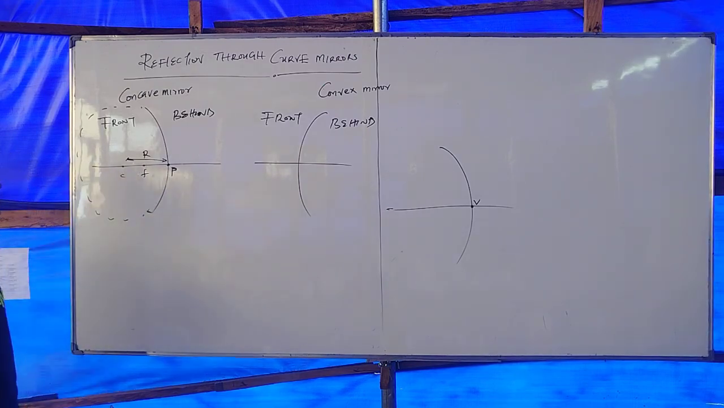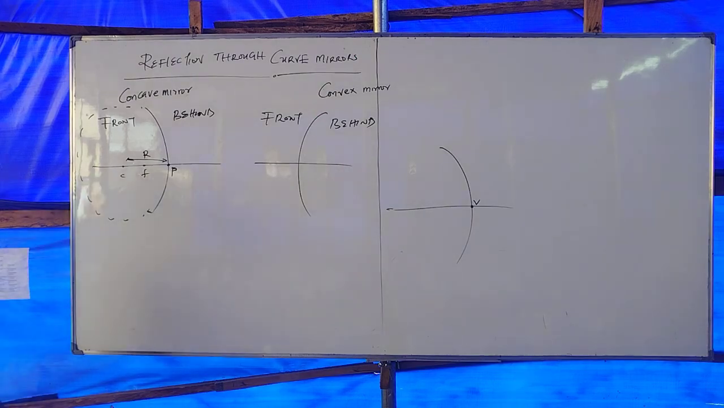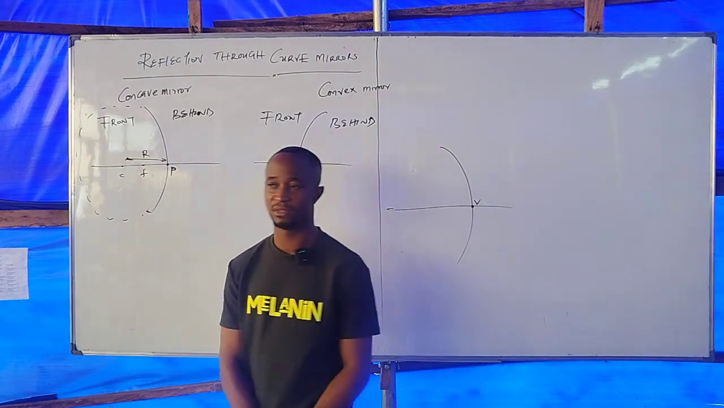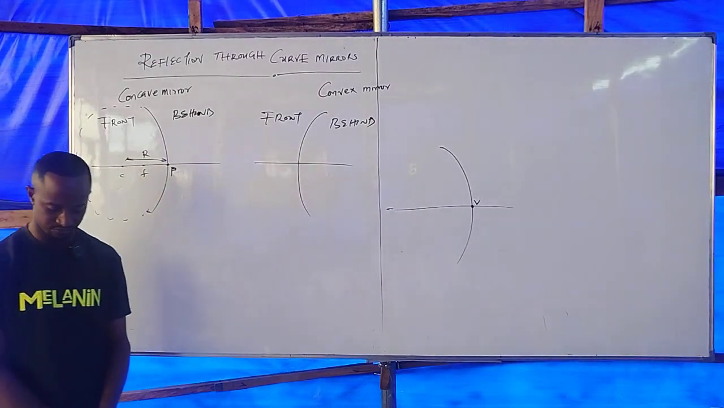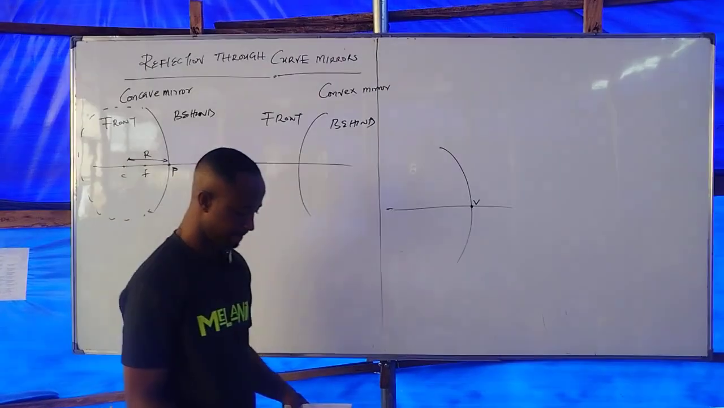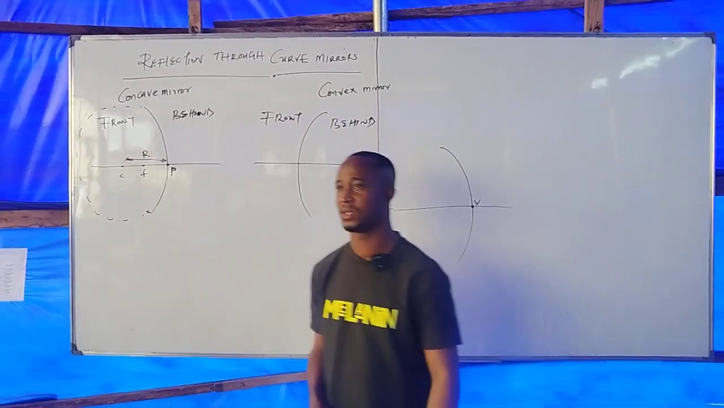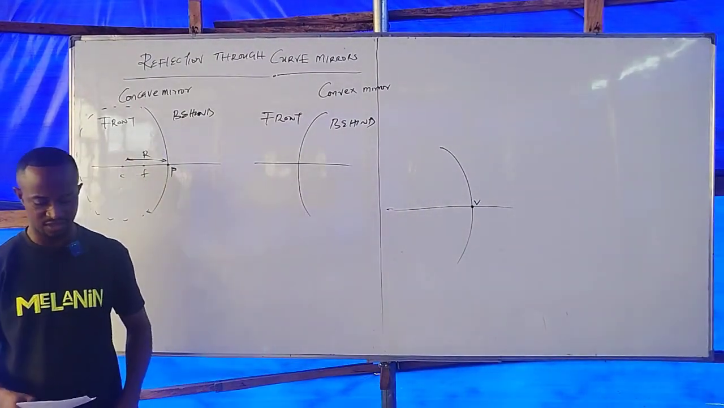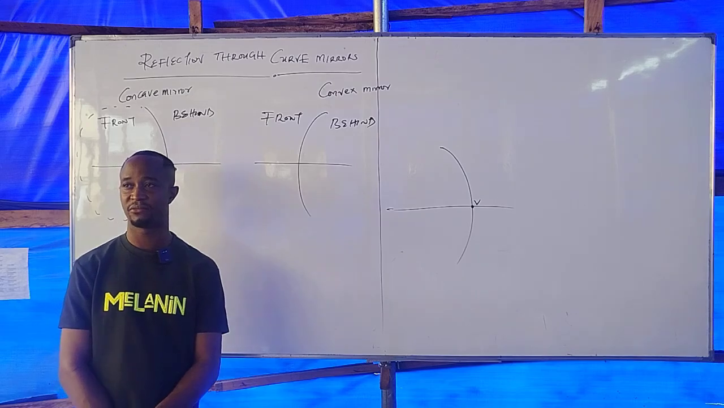Now take note of this. Take note that the object is always in front of the mirror. Please write. The object is always in front of the mirror. When the object is placed in front of the mirror,